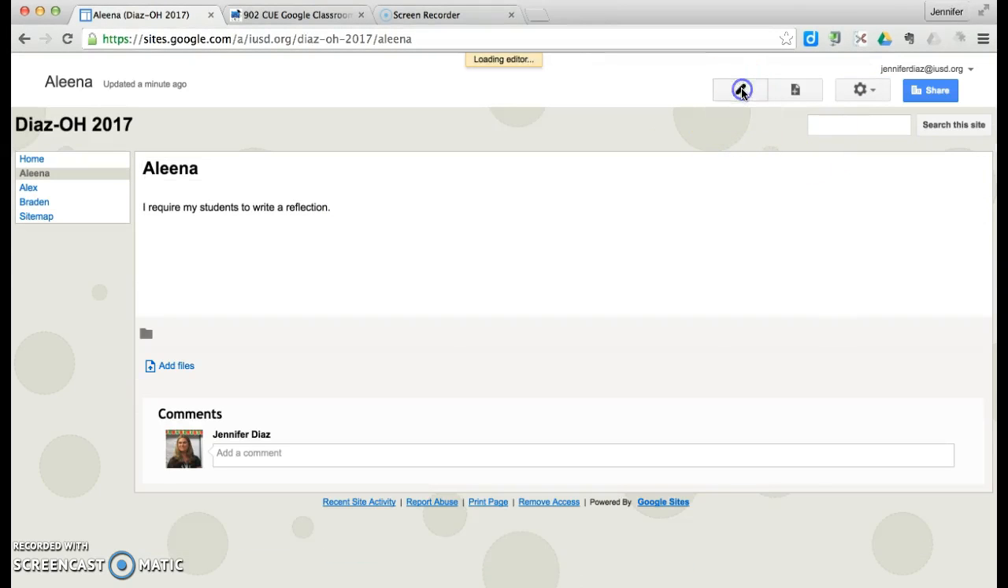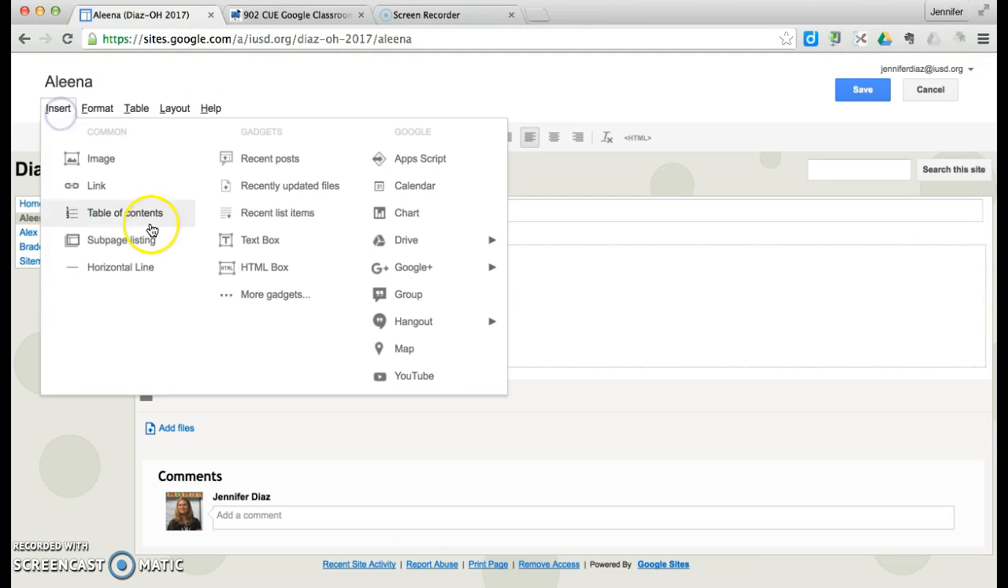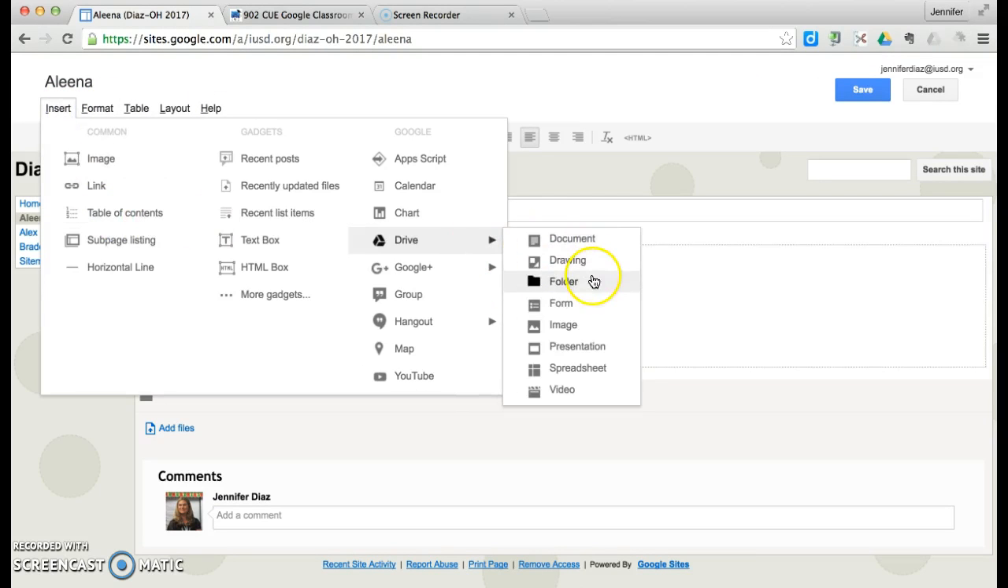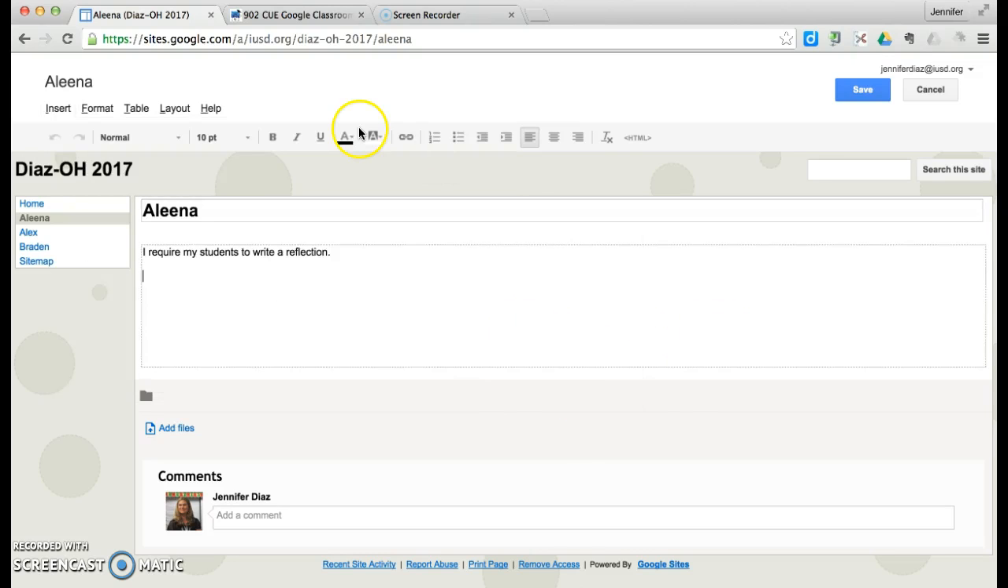Another thing that the students can do is insert drawings. They could insert a folder if you wanted them to. I like the visualness of having the documents actually embedded into the document, so I don't encourage them to do a folder. They could do a form, they could do a presentation, they can also put a video in that they have recorded. So I will show you an example of students'